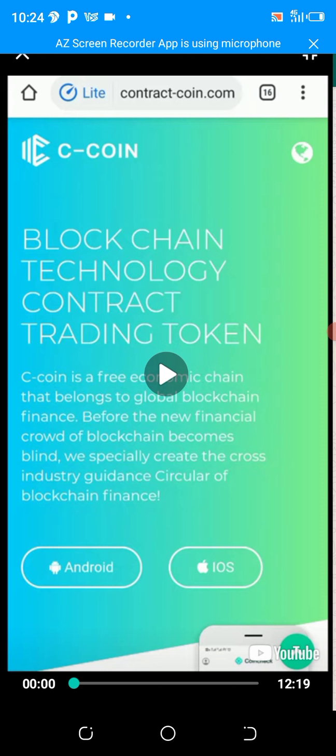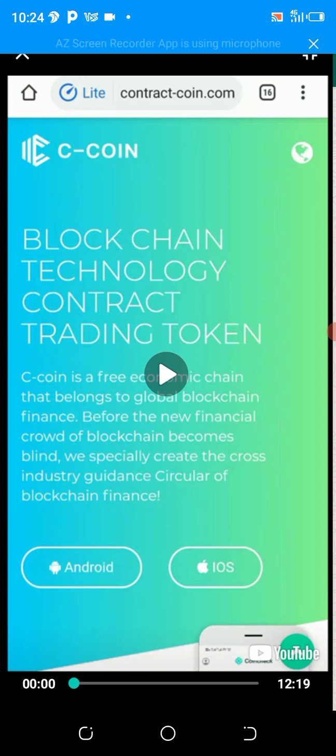This evening, I just want to quickly inform you about Contract Coin. Contract Coin is a legit app that can enable you to earn cool money on the internet by doing some daily routine, and it works based on the procedure that I'm going to introduce to you via the videos that you're going to watch.